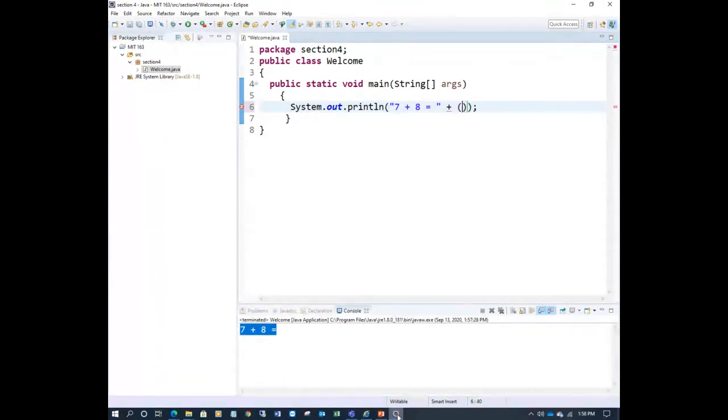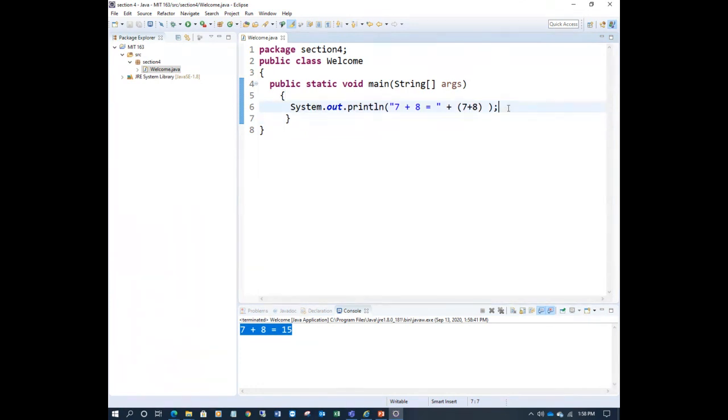So what if I want to add? I want to just open again 7 plus 8. Now this is an expression, right? So make sure you close it properly. So this 7 plus 8 is a value here. So this is a number 15 plus, this is an expression, right? So it will give the answer. You can see 7 plus 8 equal to 15, right? I hope everyone understands. This is how the expressions are evaluated, right?